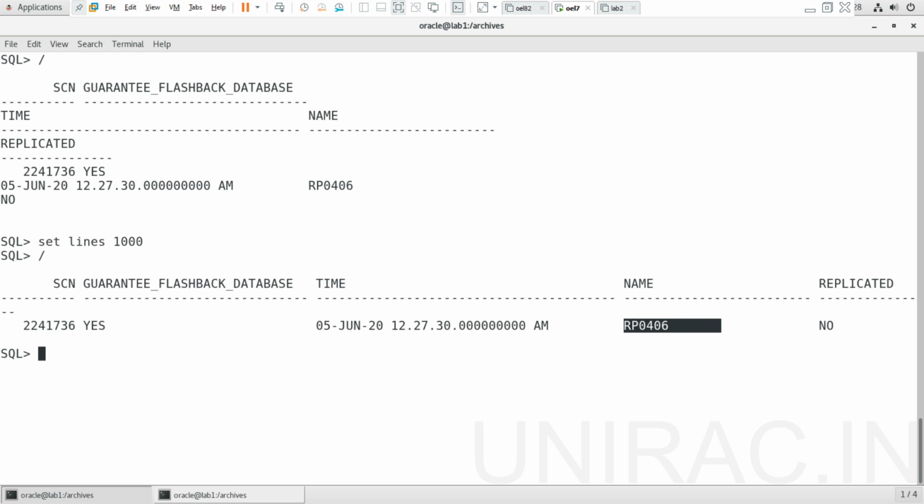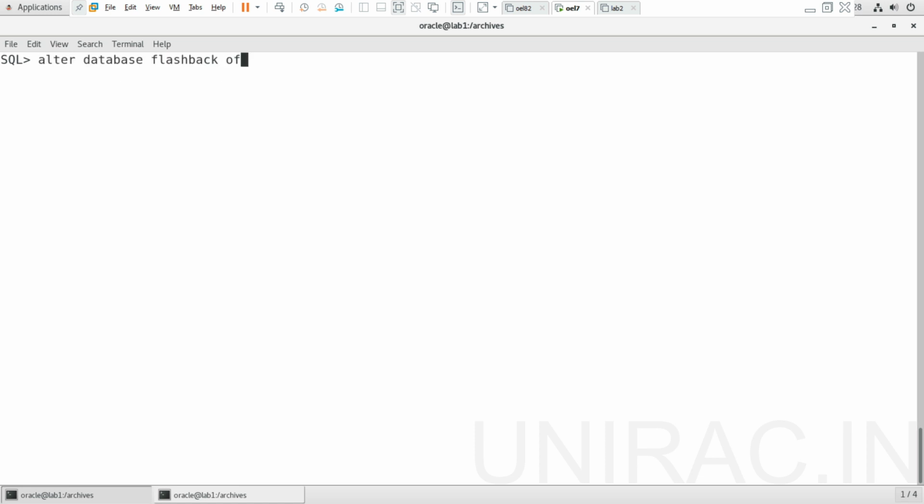In case you don't want flashback, you can disable it for any reason with the command alter database flashback off.